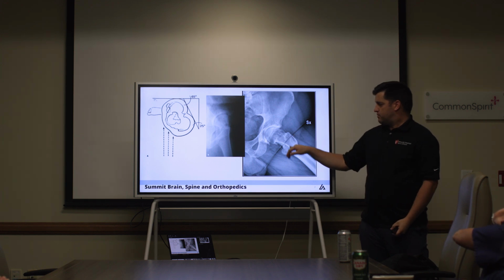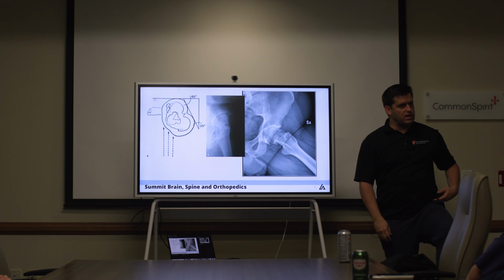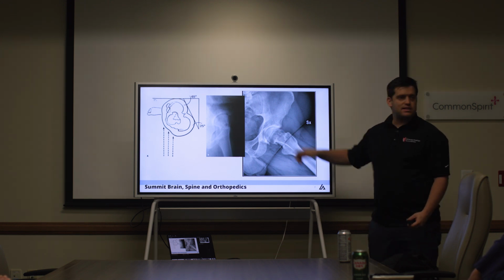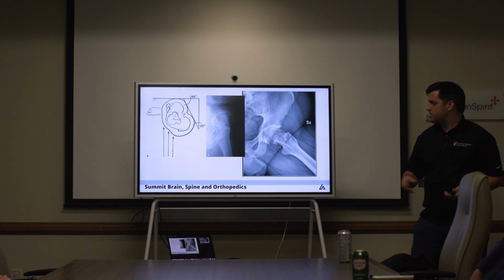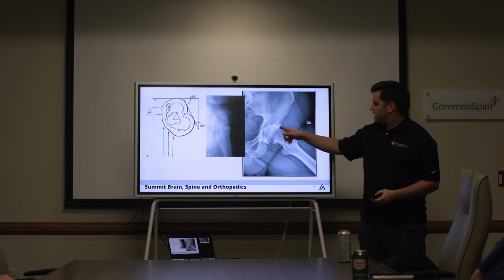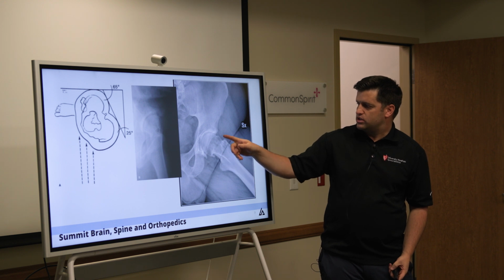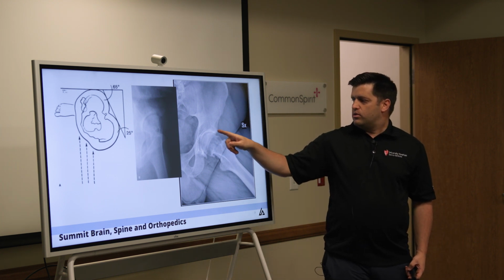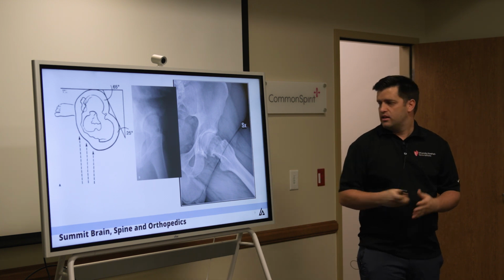And then this is a modified Dunn lateral view. So instead of the true frog or 90 degrees, it's the hip flexed up 45 degrees. And this tends to show the anterior superior cam deformity the best. So this is a pretty giant cam deformity. This patient has quite a bit of degenerative change, as you can see, osteophyte formation and quite a bit of narrowing here. And this is not a standing view, so you still see a pretty reliable joint space. But if we took this same patient and took a standing AP, that joint space would